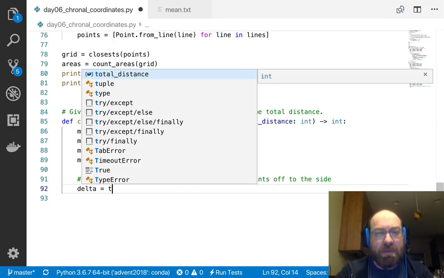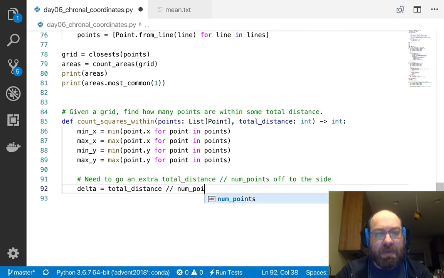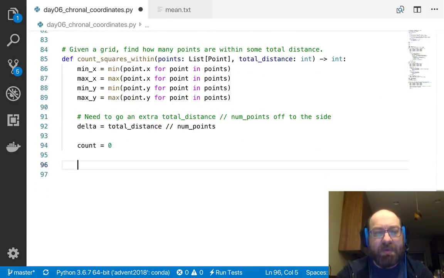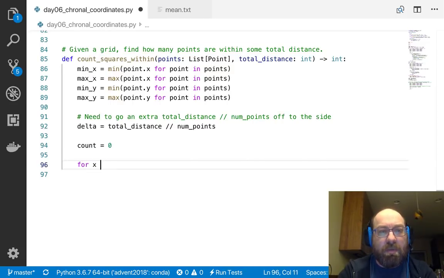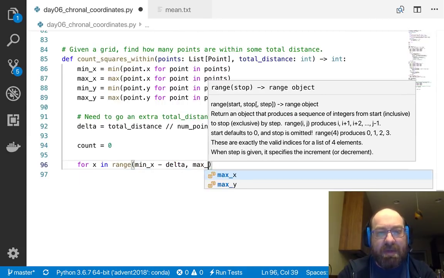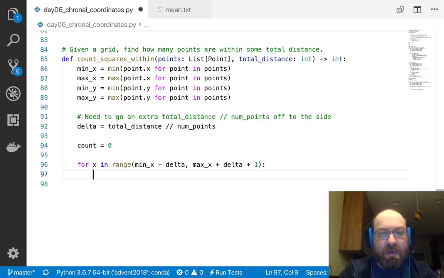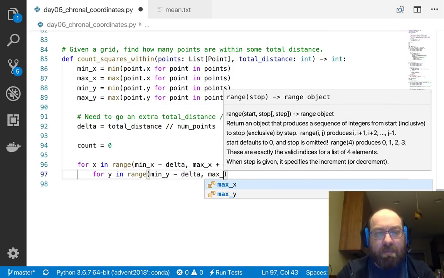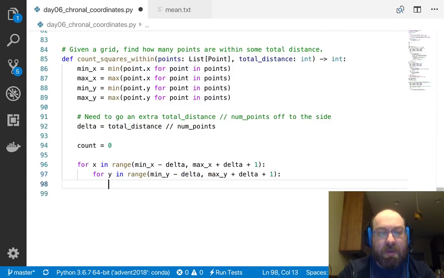So I'll just call that delta equals total distance divided by num points. And so now what I want to do is say count equals 0, and I can do this in one line, but I would like to print some logging when I do it on the big one to see how fast it's going. So I can say for x in range min x minus delta to max x plus delta plus 1, for y in range min y minus delta to max y plus delta plus 1,